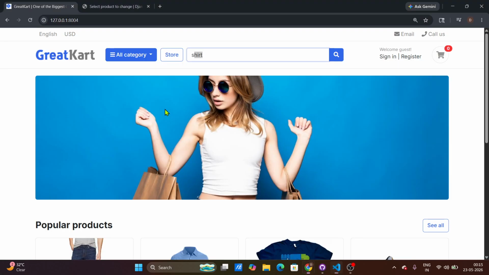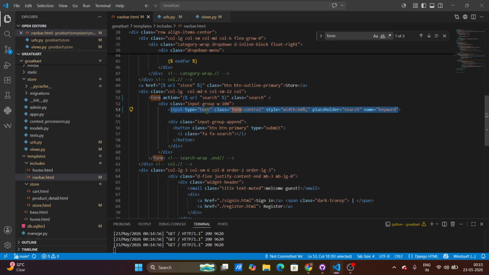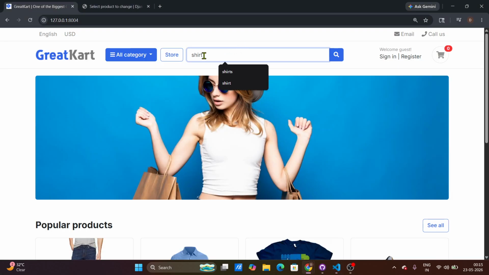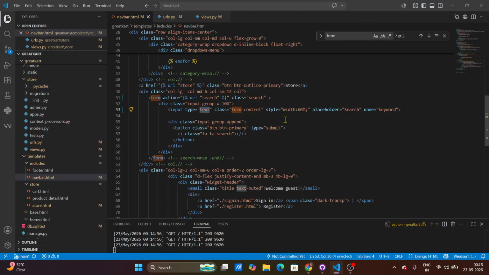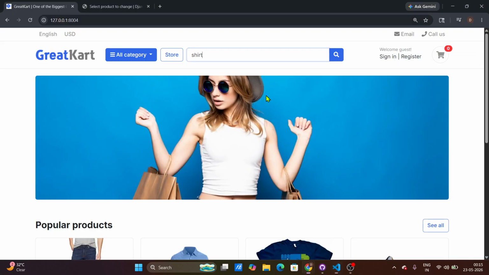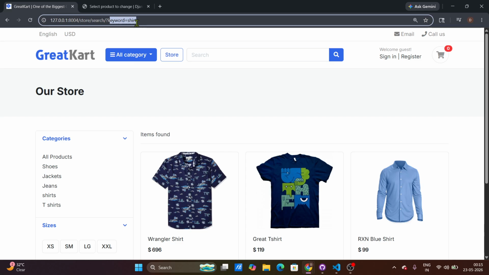This input is here inside this box, so basically we are giving input in our text form as shirt. Inside this keyword, this shirt will be stored. You can see the keyword is shirt. So keyword equal to shirt will be stored in this path,